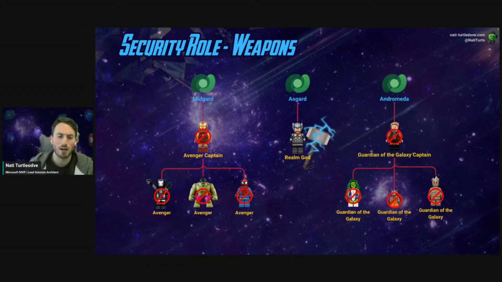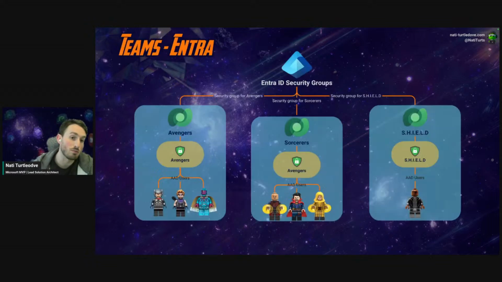It becomes a bit of an admin nightmare. When a user moves, I've got to reassign them all the security roles manually. I need to remember what roles they had. Not so much fun. And that's why I really like the concept of teams with Entra ID.